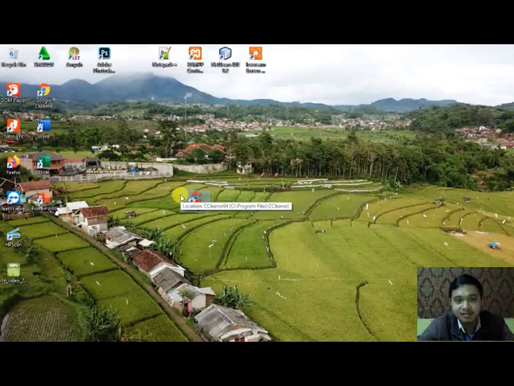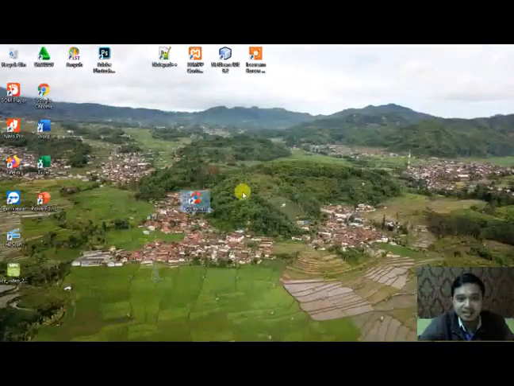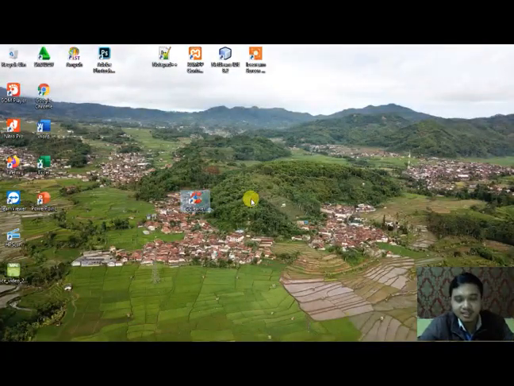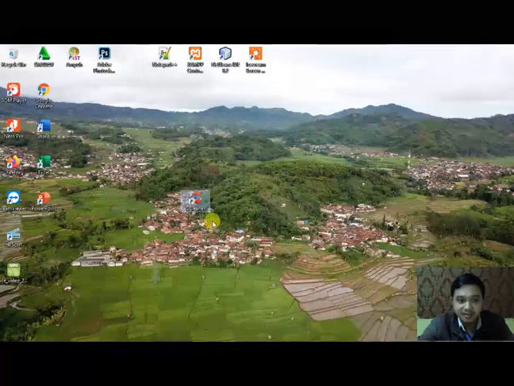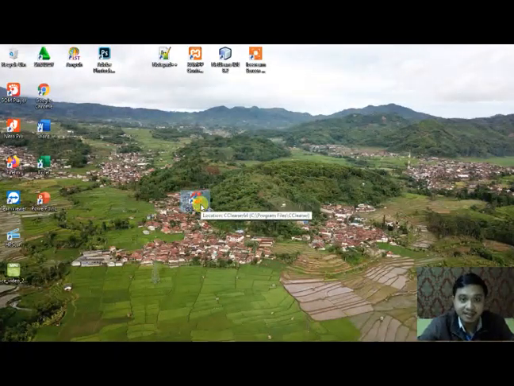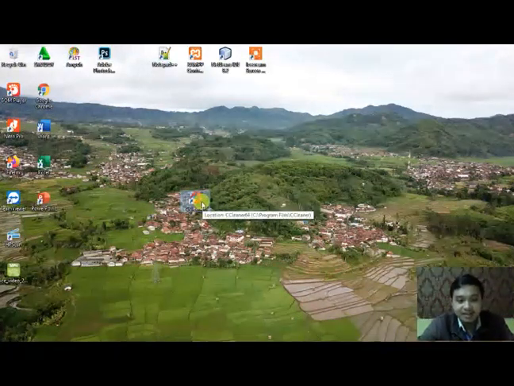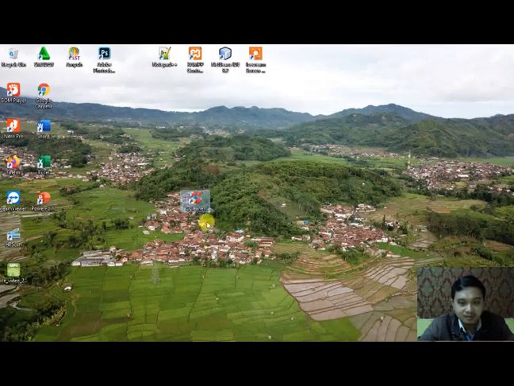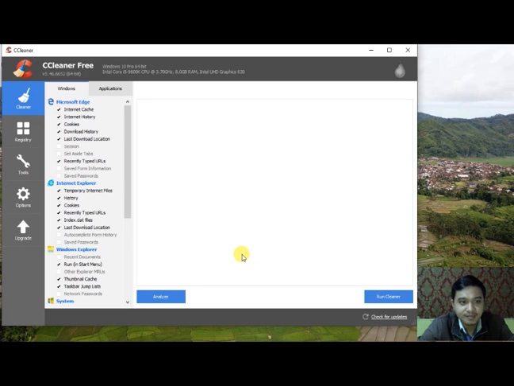You can use the Google search bar, search for download CCleaner, and then download and install it on your computer. After you install the CCleaner application, you will see the desktop icon like this, CCleaner. Then we double click the CCleaner icon. We click on yes, and then this is the first page.